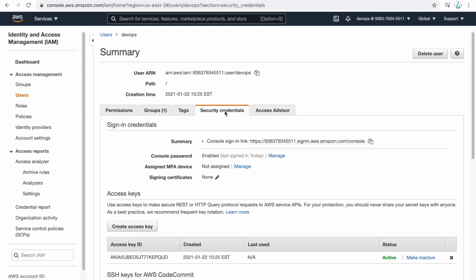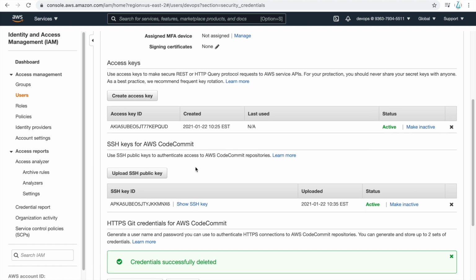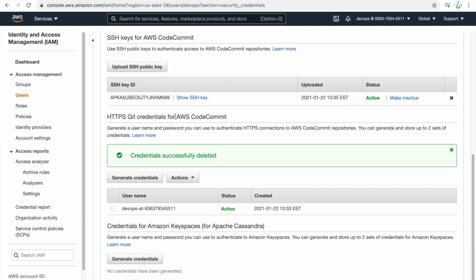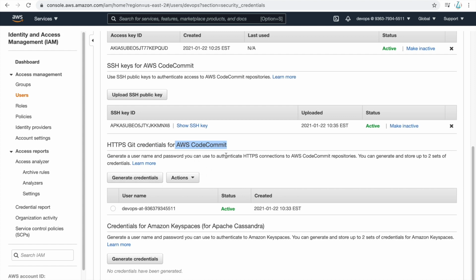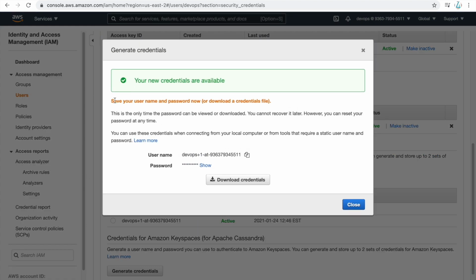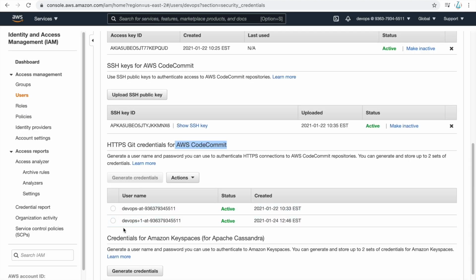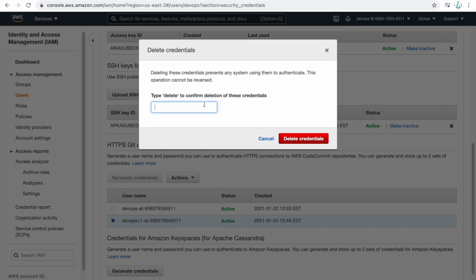In the security credentials, there is an option, HTTPS Git credentials for AWS CodeCommit. You can just click on generate credentials, save the file and store the password somewhere. You can also delete it; I don't want it, so I just delete this.